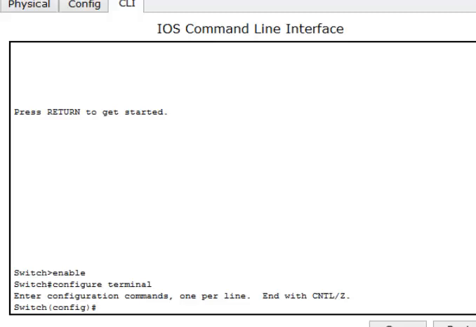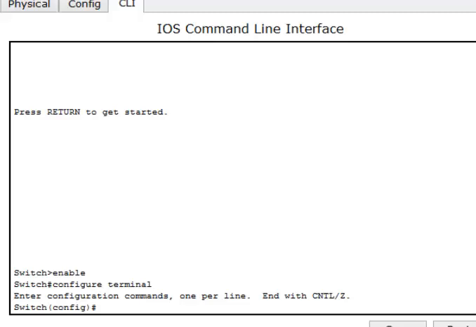Use the VLAN ID command in global configuration mode to add a VLAN to a switch. There are three VLANs configured in this tutorial: VLAN 10, VLAN 20, and VLAN 99. VLAN 99 is our management native VLAN.